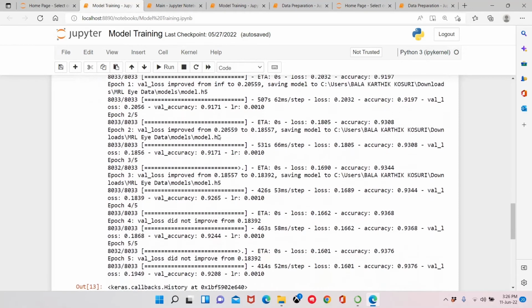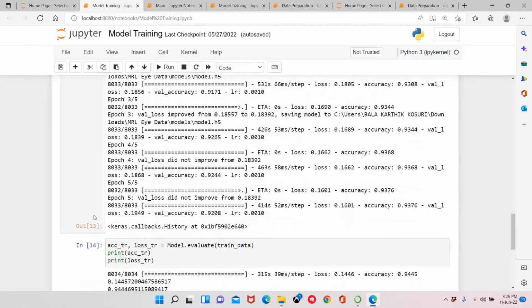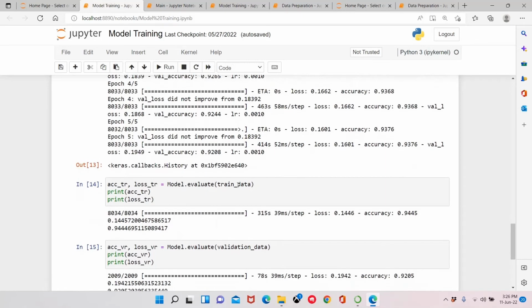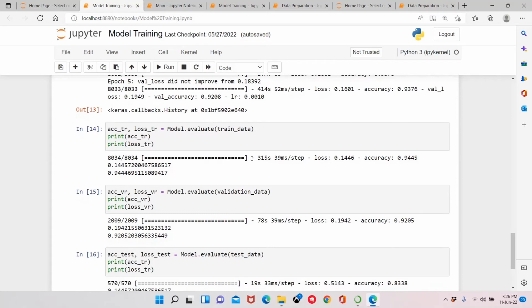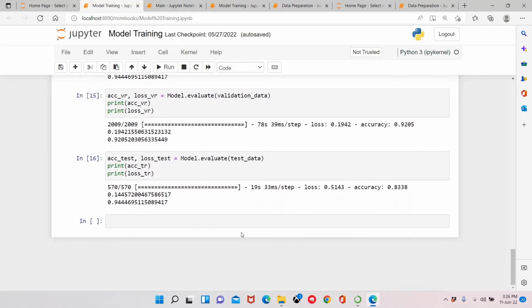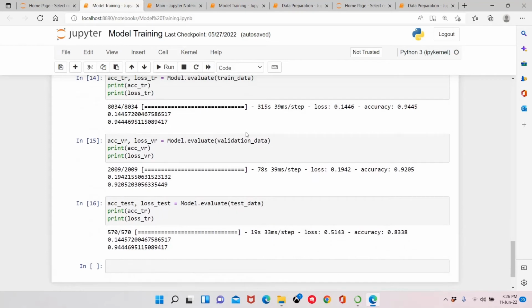We are using 5 epochs for this, and finally we are calculating the evaluation, like calculating accuracy and loss of the different data we are using, that is train data, validation data, and test data. For train data we are getting the loss as 0.14 and accuracy as 0.94, which is pretty good.